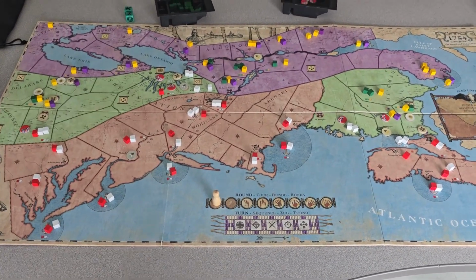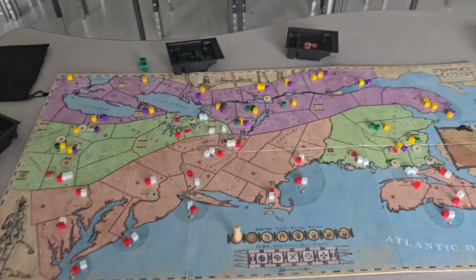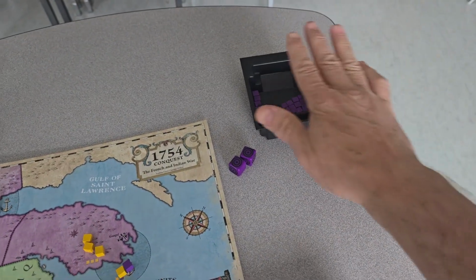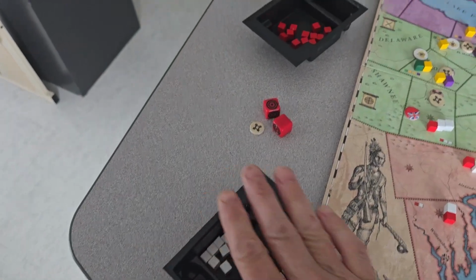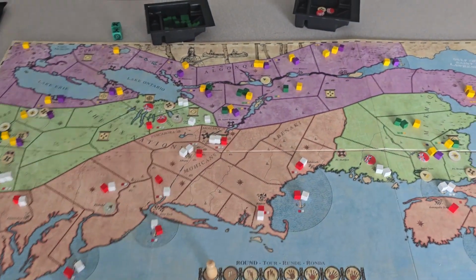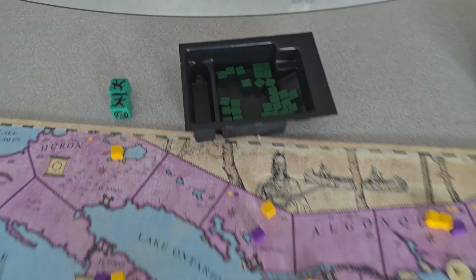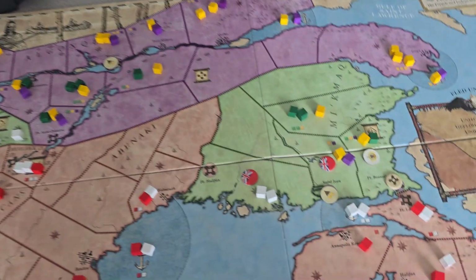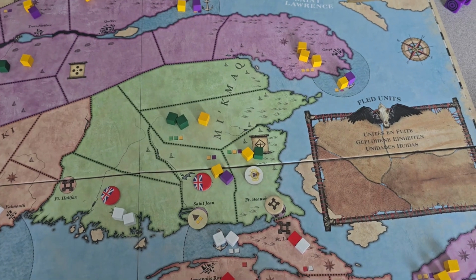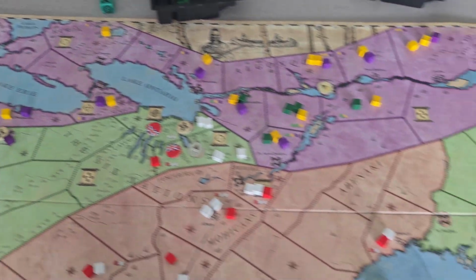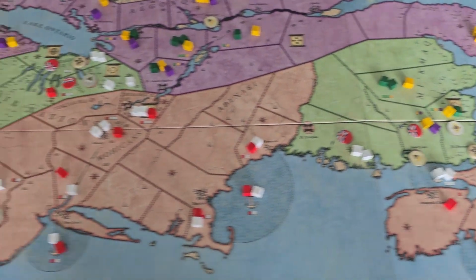So one group of 4, let's just say, and then 2 would be the French and 2 would be the English. In the French, the yellow is for your French Canadians, your French regulars. So one person will control the regulars, one will control the Canadians, and for the British, one will control the colonials, and one will control the regulars. And the green represents the First Nations troops, and they would just be shared with the people who they were supporting, working in conjunction with the French or the English. In the beginning of the game, they only split up the French, but as the game plays, there's opportunity for the English to have